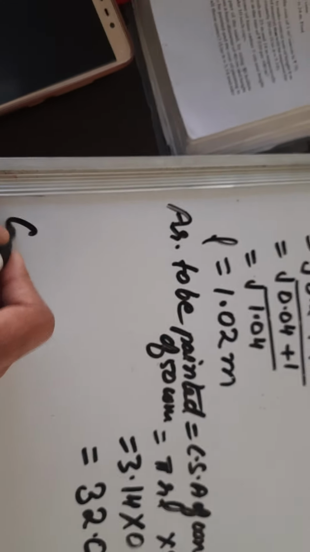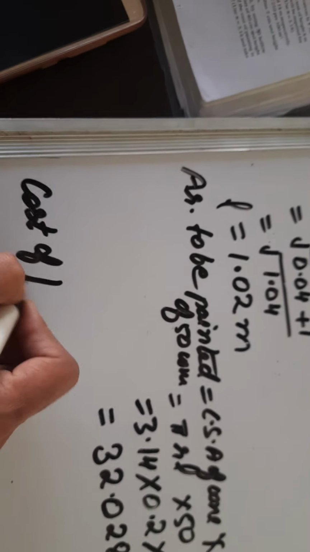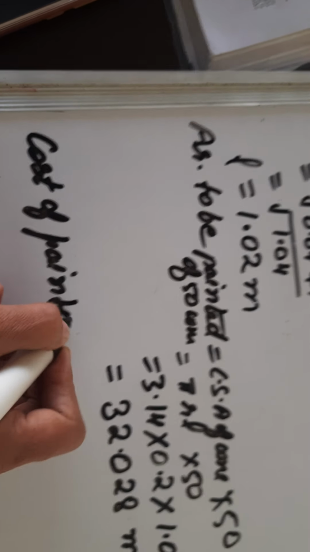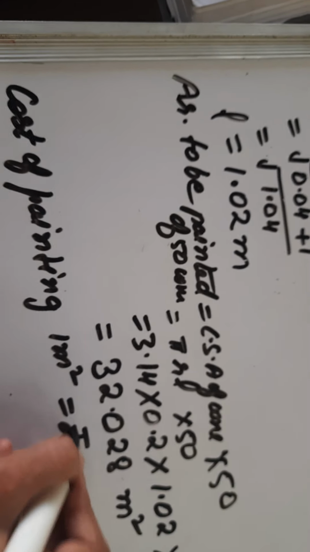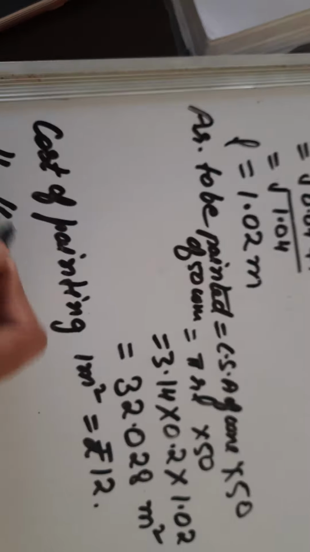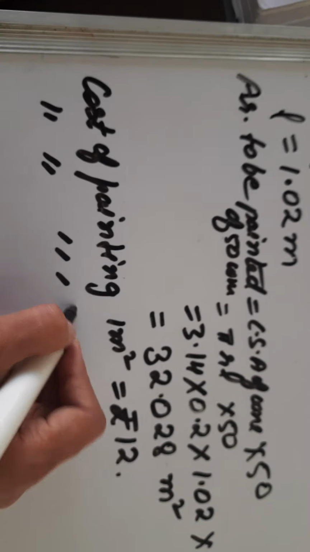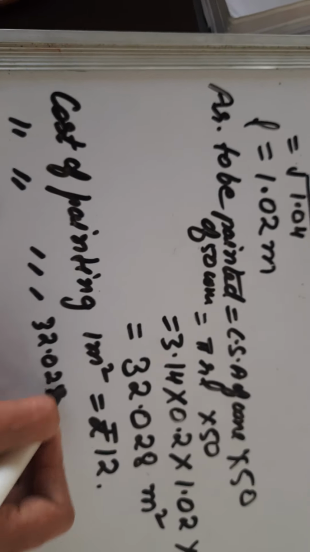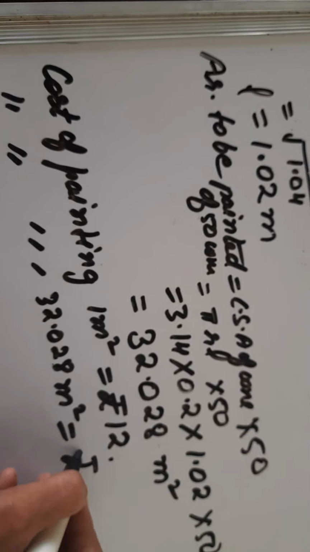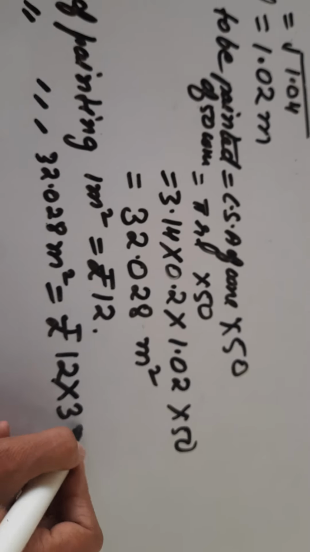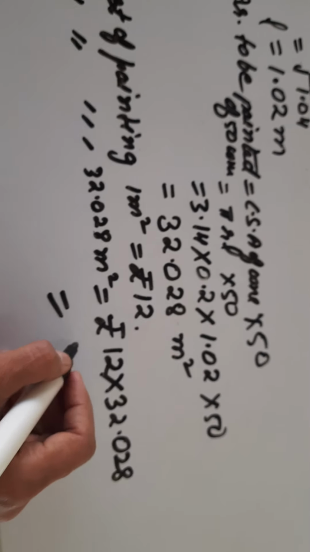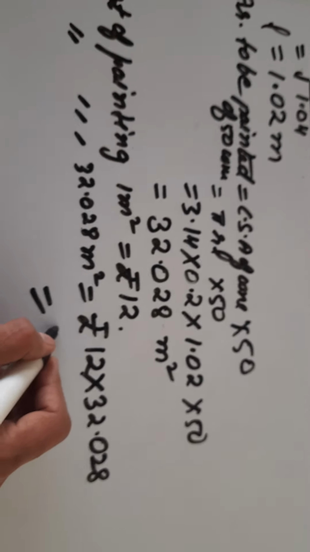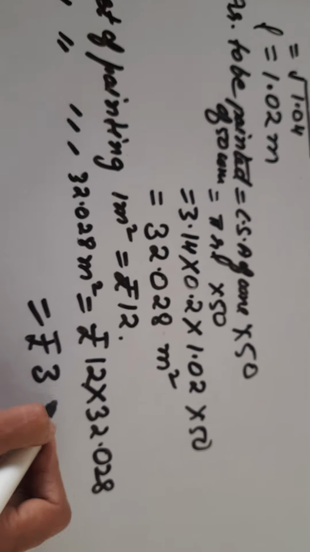So you will get this. Now cost of painting is given to us as, it is cost of painting 1 meter square, it is given to us in the question as rupees 12. So what will be the cost of painting this area? We'll multiply it to get the answer. So 12 multiplied by 32.028, and the total cost of painting all 50 hollow cones will be rupees